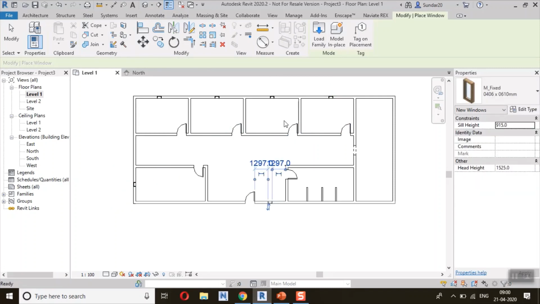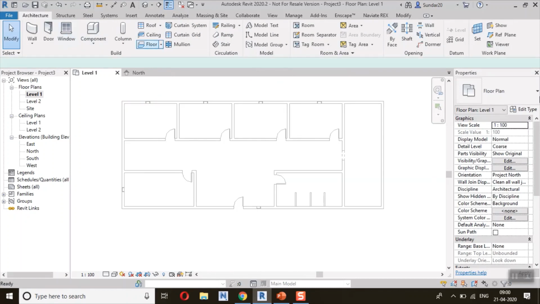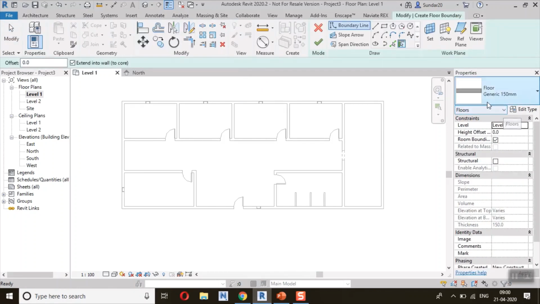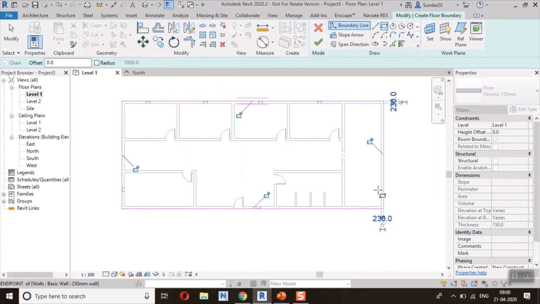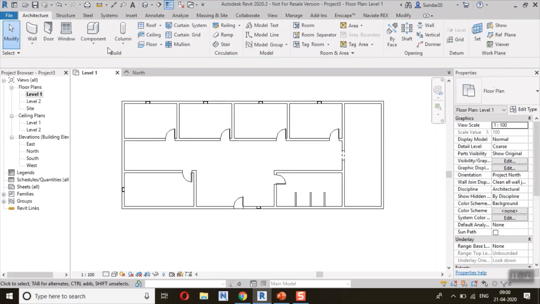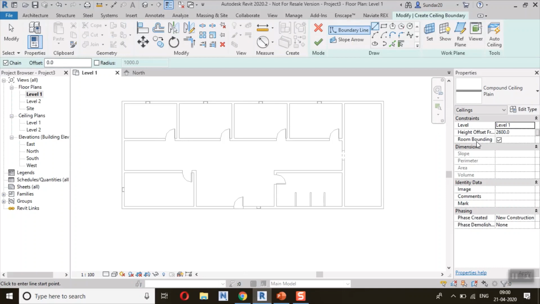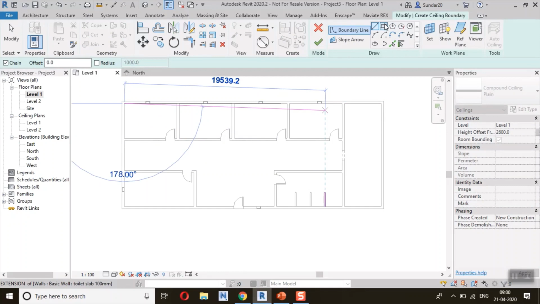Okay. So last three steps you have to create a floor, ceiling, and roof. That's enough. So you have to select the floor and you have to provide the proper thickness of the floor and create our overall floor. That's outer to outer. And you finish. Floor will be created. Next thing is how to create a ceiling. Okay. So what is the floor to ceiling height? That is your project requirement. So depending upon your project requirement, you have to provide the ceiling height. So I'm using this sketch ceiling. My ceiling height is 2600 and just create a ceiling inner to inner, not outer to outer, inner to inner.